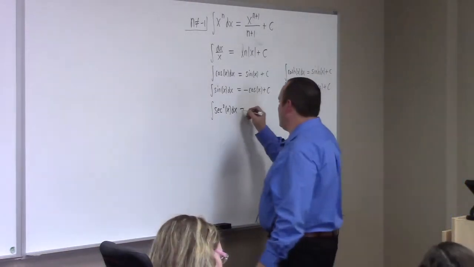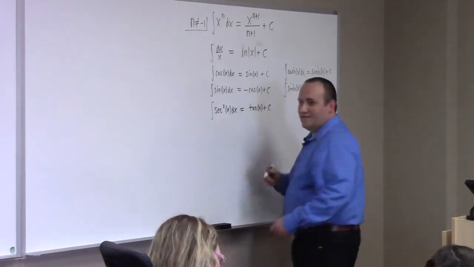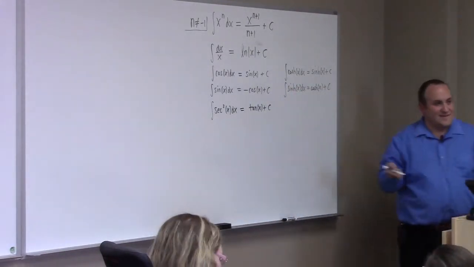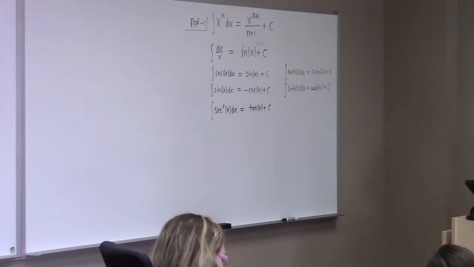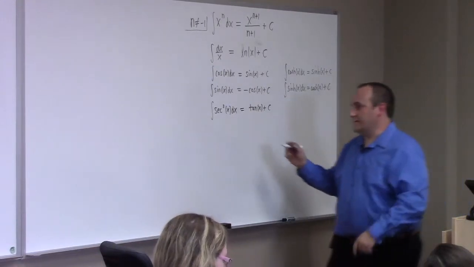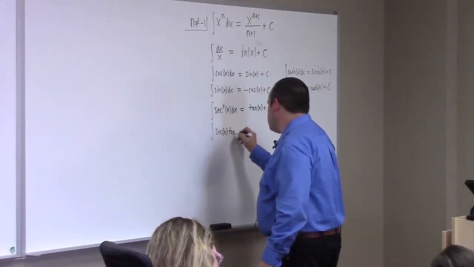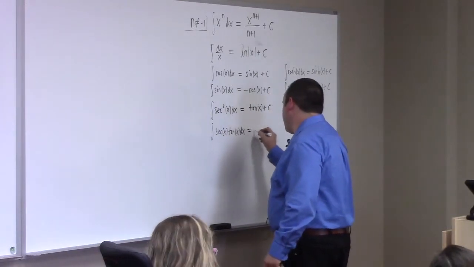This is a basic integral. I mean, there's no work. You need an education. It's educated guessing. You know that the derivative of tangent is secant squared, so that's it, right? Likewise, the integral of secant tangent is secant,